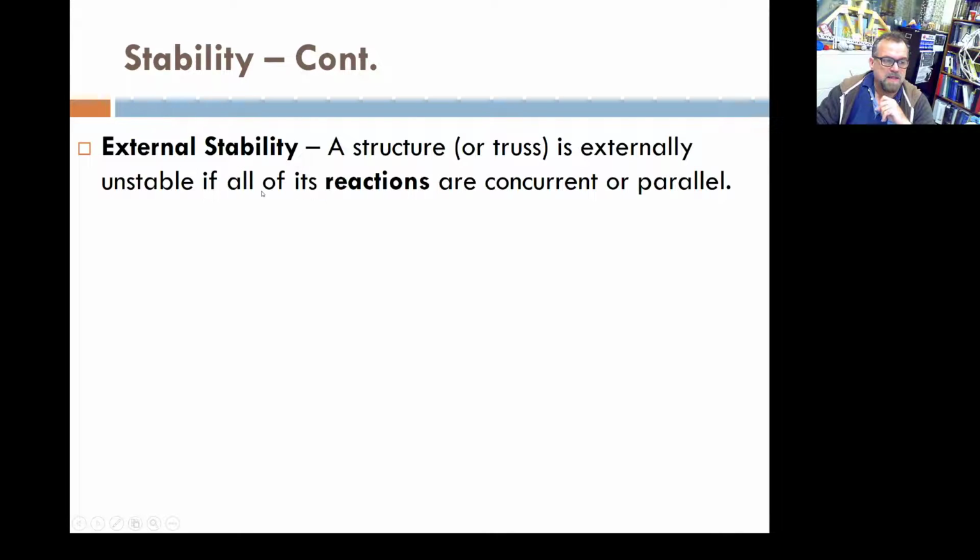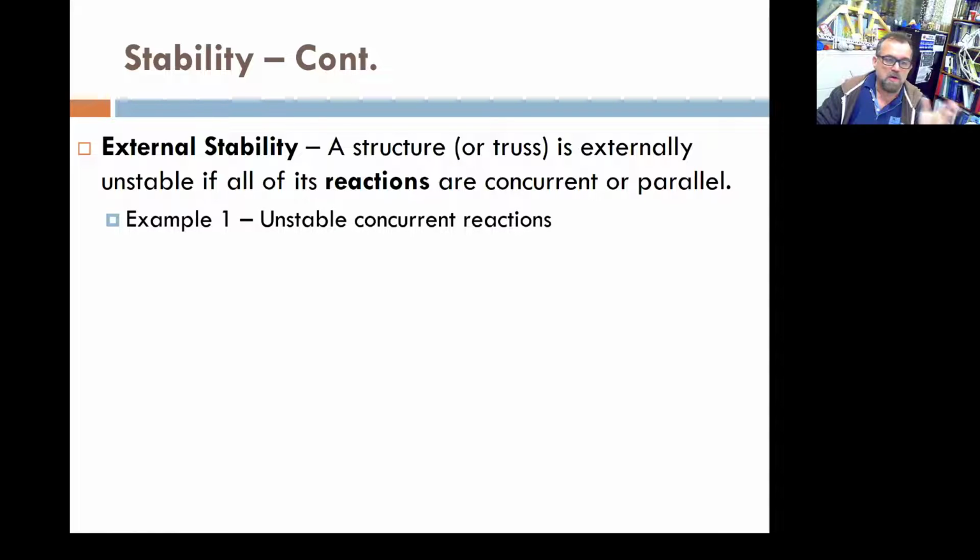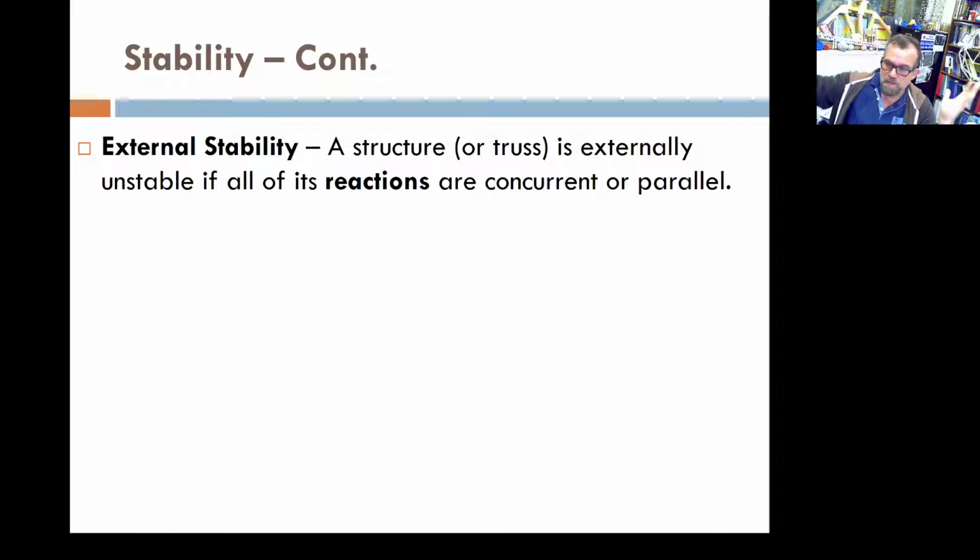And then you have external stability and internal stability. However, for this class, I would like to talk about just stability or instability as one, not as two. But so you have a little bit more background, you can have something that is externally stable, however, is internally unstable, or vice versa. For example, if the number of external reactions is equal to the number of external equations, summation of forces X and moment, now I'm talking about 2D, rigid body,